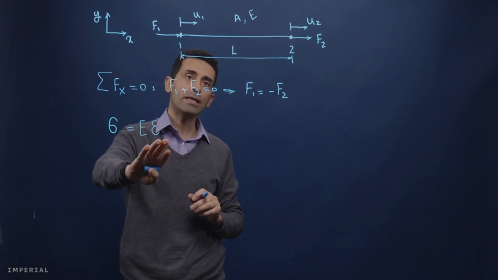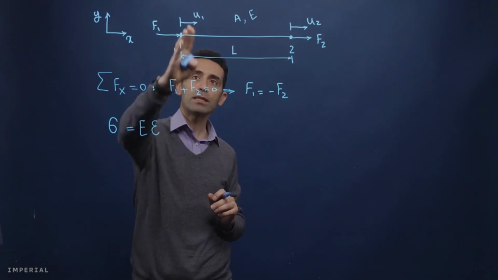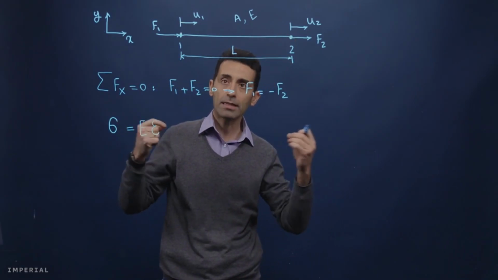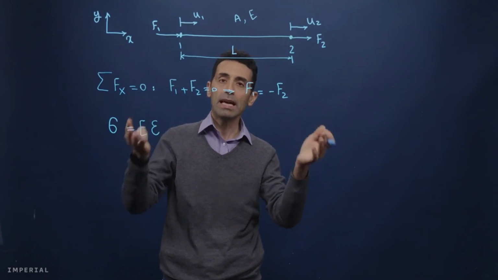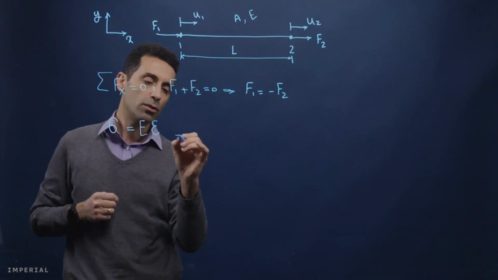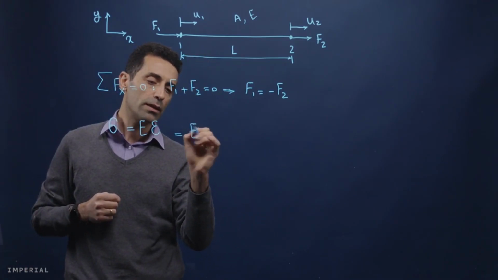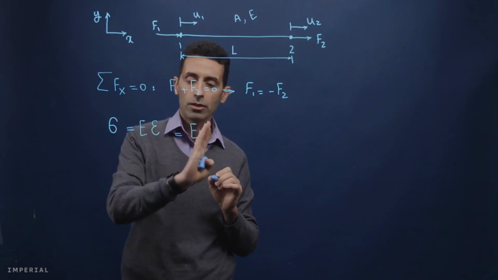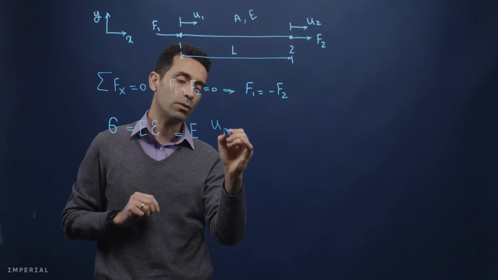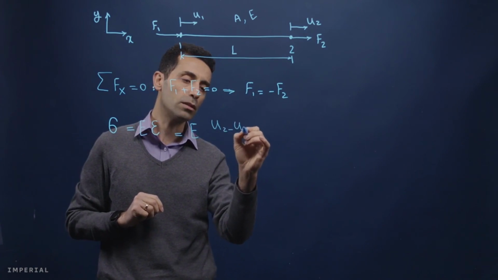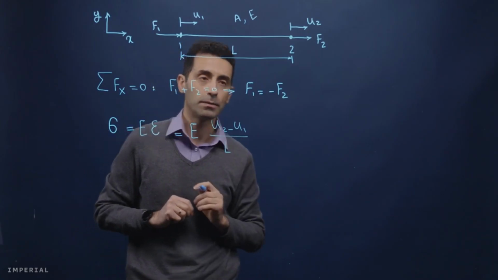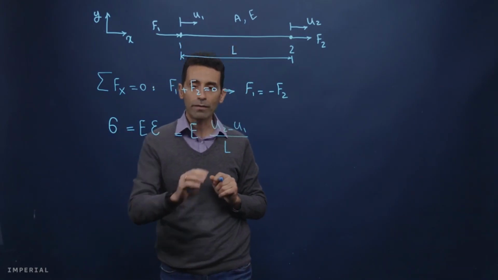In terms of strain, we can use the displacement at these 2 nodes to find the elongation, the extension of the truss element, and divide it by dimension L. Okay, so I will do that first here. So this equation will be Young's modulus times strain, which is elongation. That would be U2 minus U1 divided by the original length, which is L. Okay, we have now part of this